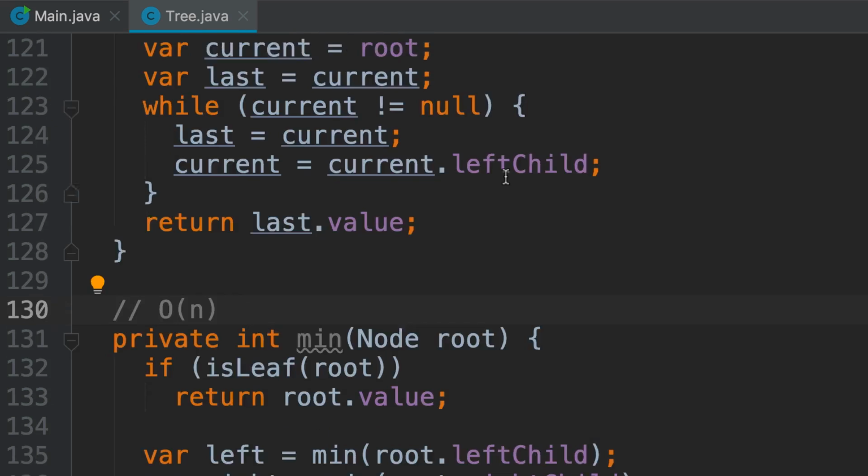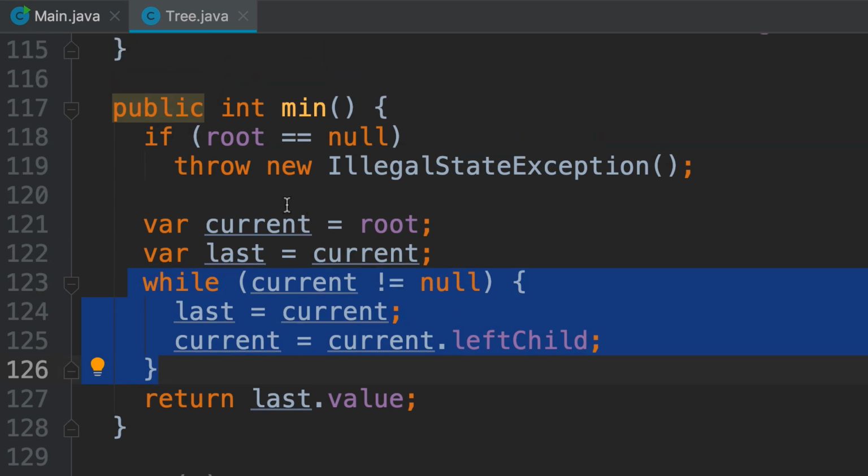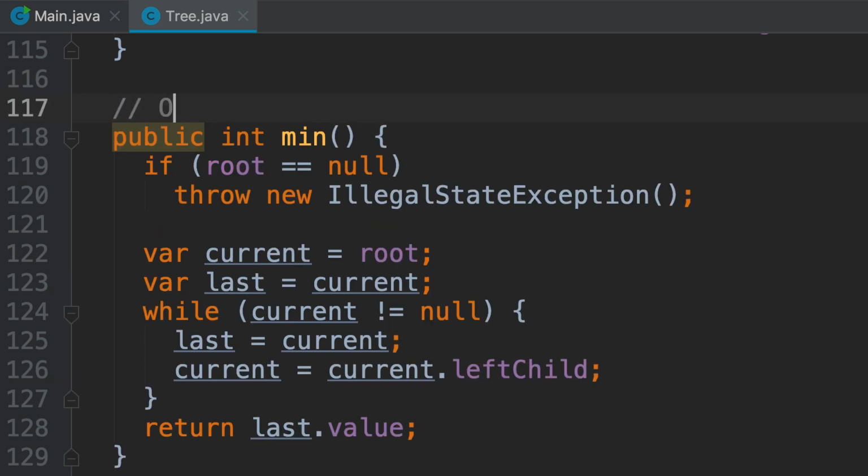What about this other method for finding the minimum value in a binary search tree? Here we're not traversing the entire tree. We're just trying to find the leftmost leaf. So in every iteration, we're throwing out half of the nodes in this tree. We're narrowing down our search. What is the time complexity of this operation? It's O of log n. Because as I told you before, if we're narrowing down our search and throwing out roughly half of our nodes, we have logarithmic time complexity. So let me add that over here. O of log